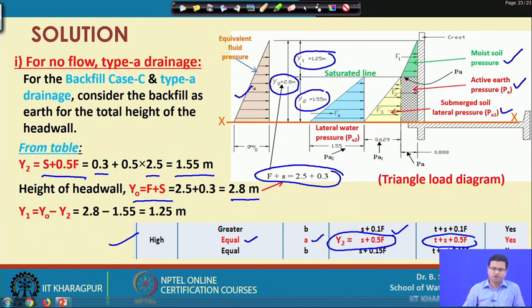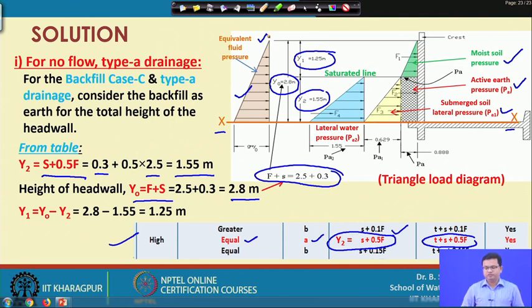So, this shows the equivalent fluid pressure, and this x x is my reference line. So, I have to take the moment of all these forces along this x x line to estimate what is my equivalent fluid pressure corresponding to different pressure forces of F 1, F 2, F 3 and F 4. So, this is my basic concept. If you can understand this basic concept, then you can go for estimating the lateral pressure forces.